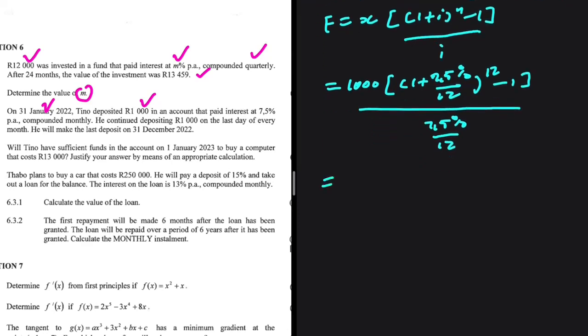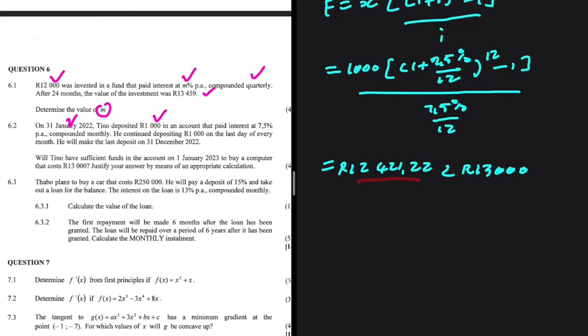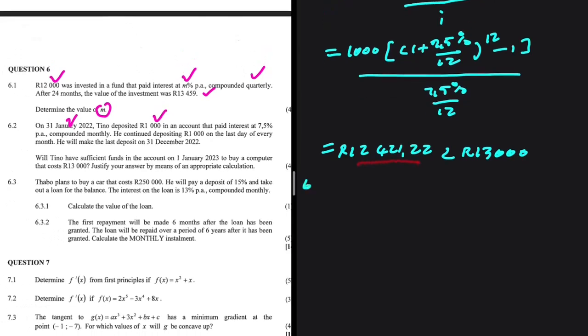If you put that in your calculator, you're going to get 12,421.22 rands, which is less than 13,000. We are not going to be able to purchase that computer that costs 13,000 because our future value is less than that. That is 6.2. Let's take a look at 6.3,